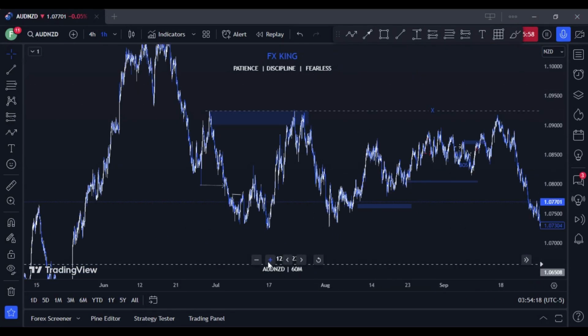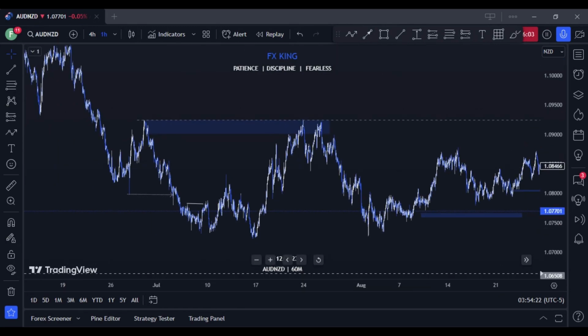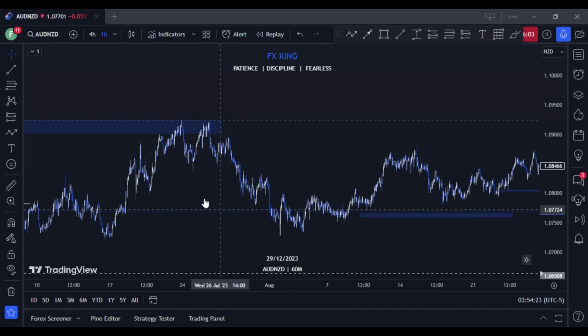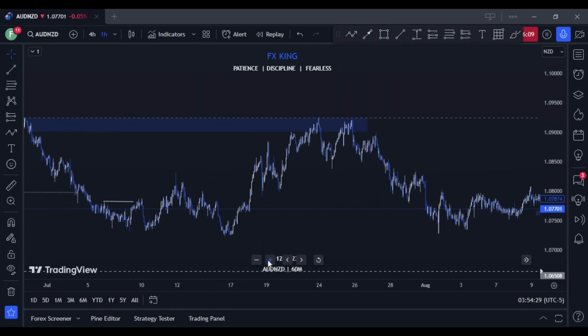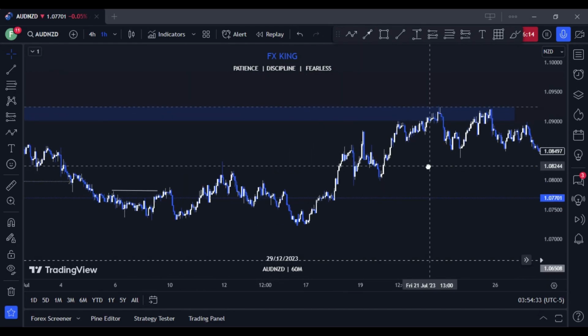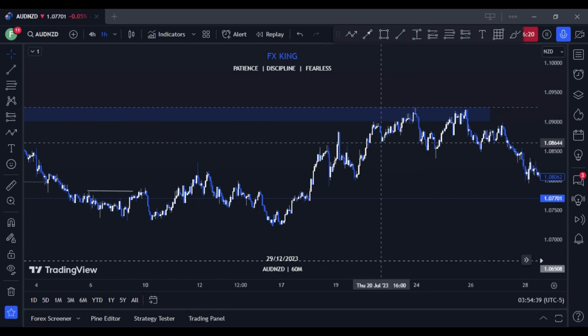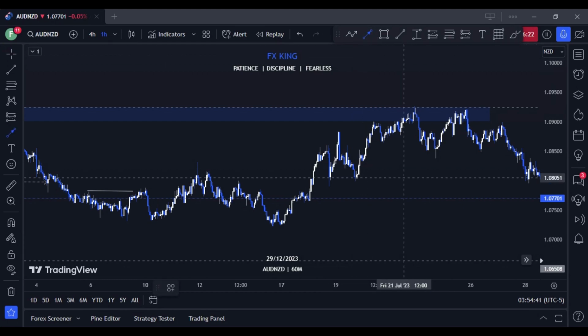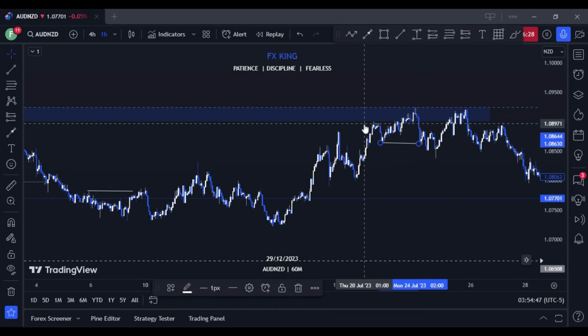Okay, so in this 1 hour time frame, if you look very well, this is the 1 hour time frame. Now you can see that normally this is our level of Choch here, but let's just mark this to be where the pullback originated. So now after this change of character here,